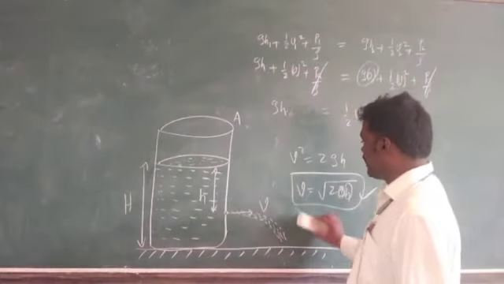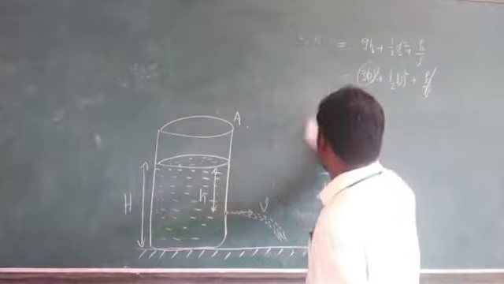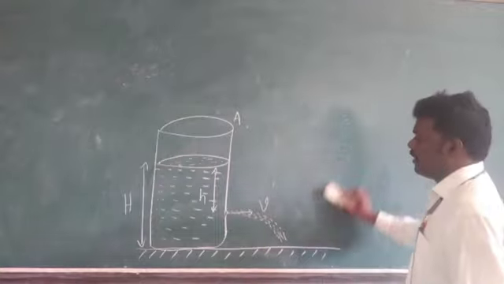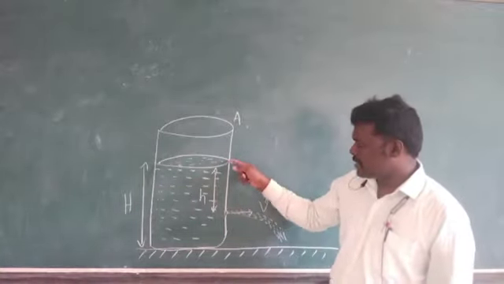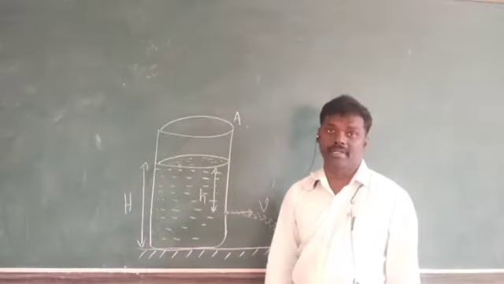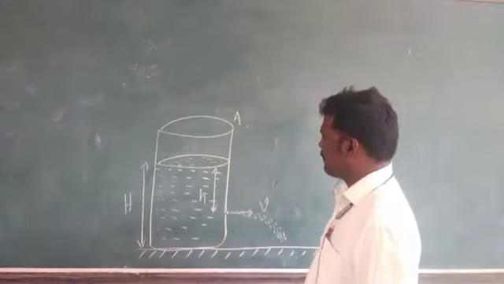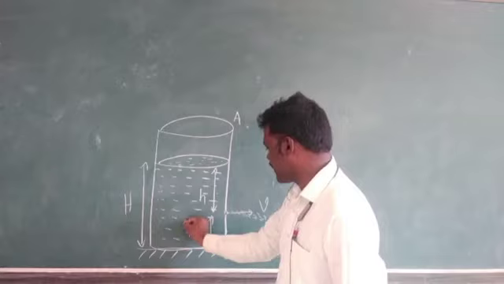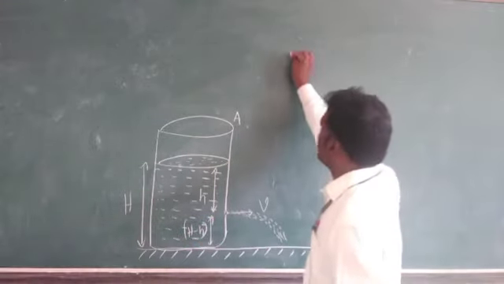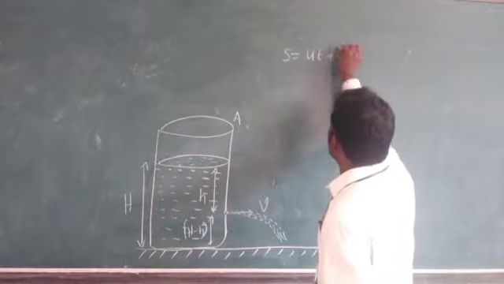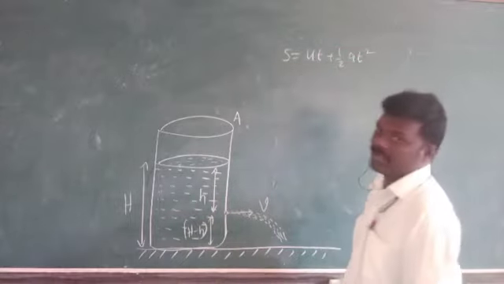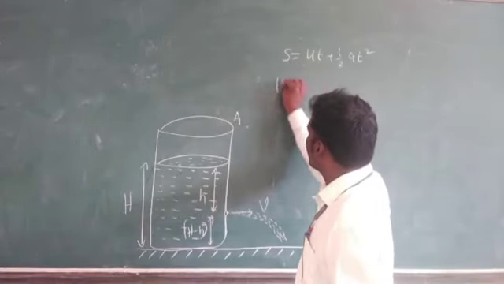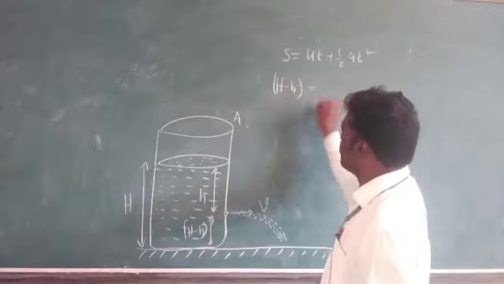Next, we are going to discuss how much time the fluid takes to reach the ground. The time taken by the fluid to reach from this level to this orifice, we should find out. Further, I'm taking the remaining height as capital H minus small h. So we can use S equal to ut plus half at square. Here S means how much height there is from this orifice to the ground. So I'm taking capital H minus small h, which is equal to